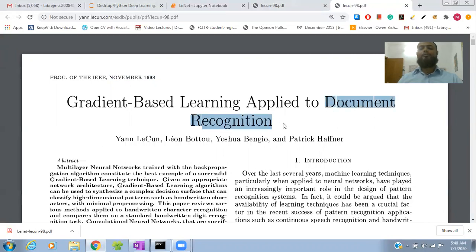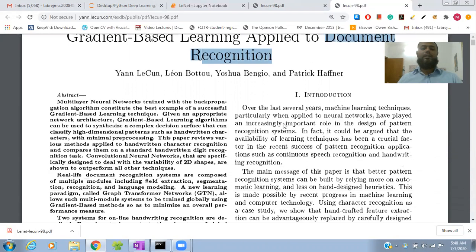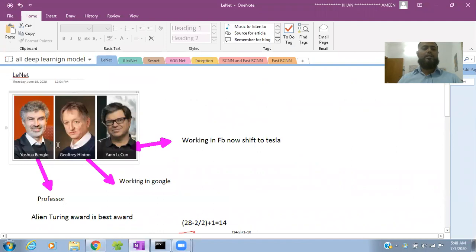They took a standard data set, and they validated their application. This is the first time they made this type of object recognition, or you can say this is a CNN architecture. Yann is working at a Tesla company, and another is also an engineer working at Google.